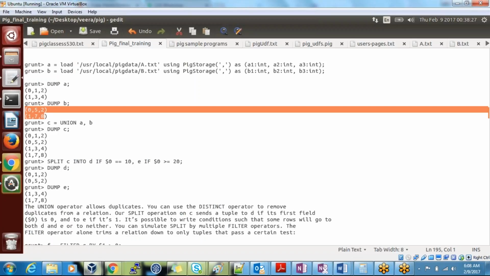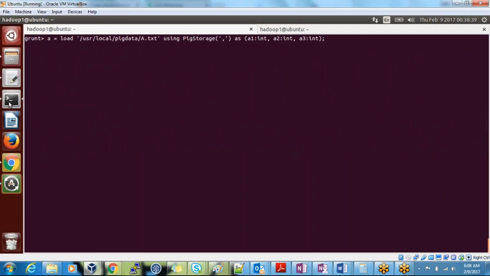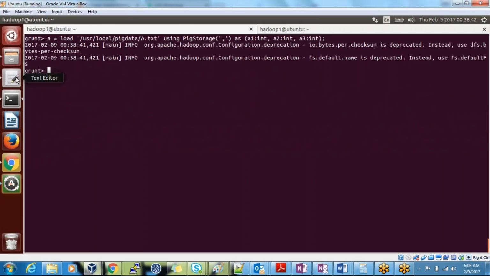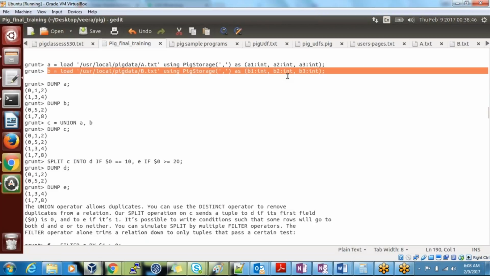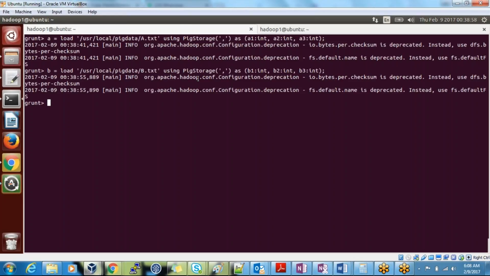Now I want to do a union and put it into C. I have loaded numbers, because before I had taken char array, but now I have taken numbers, because in the statements below I'll be doing min, max, or some specific number operations. That's why I'm loading numbers here.